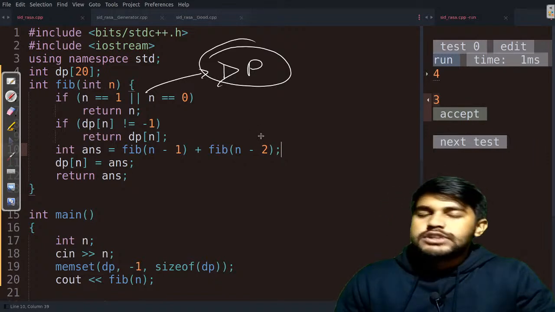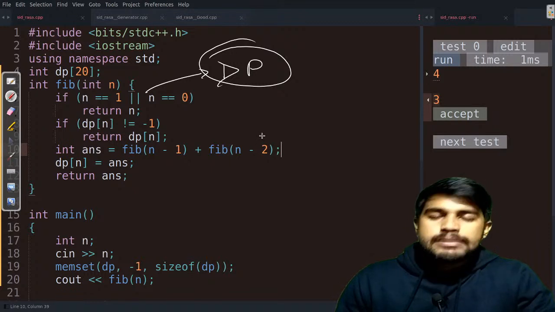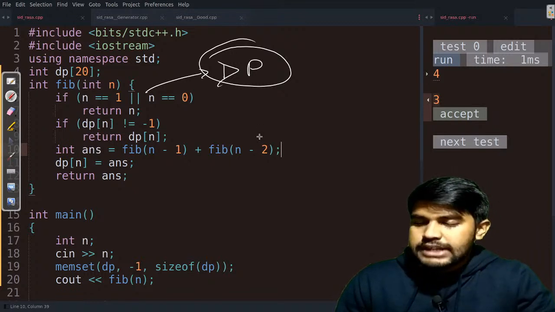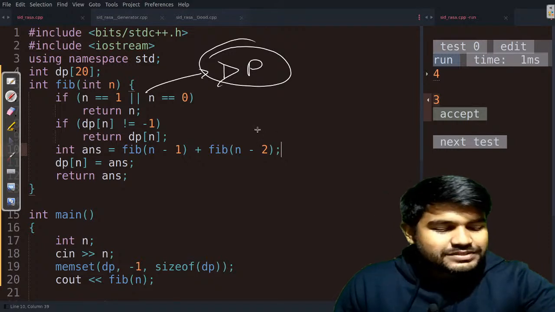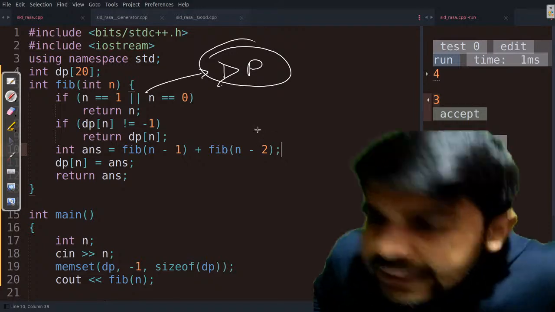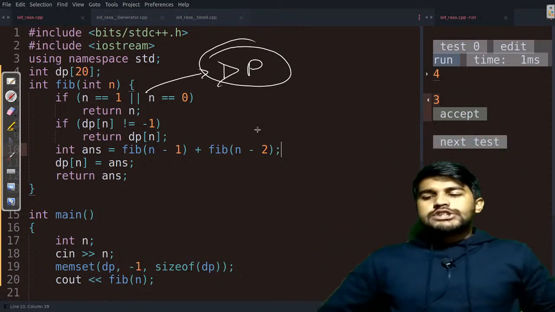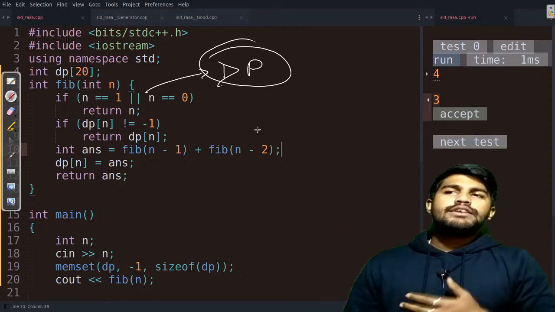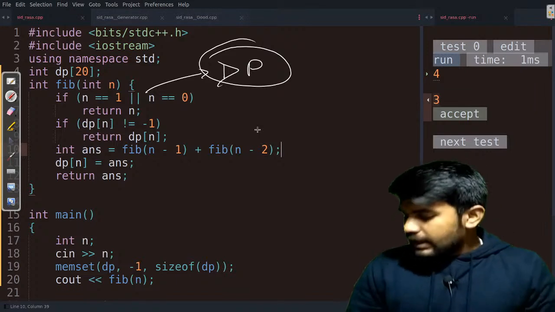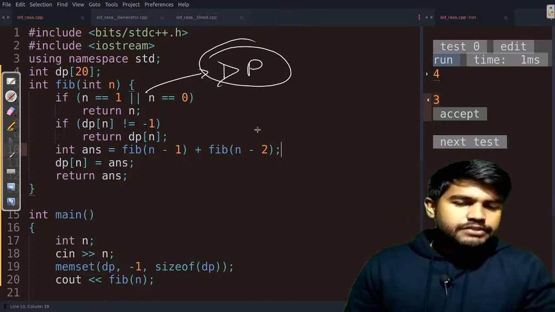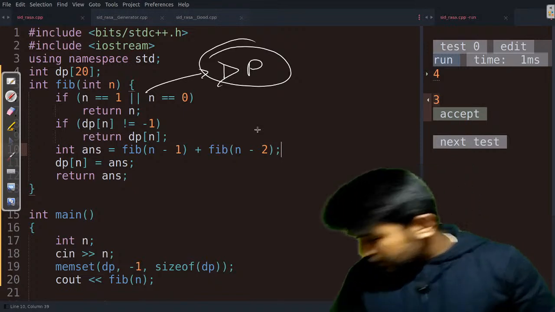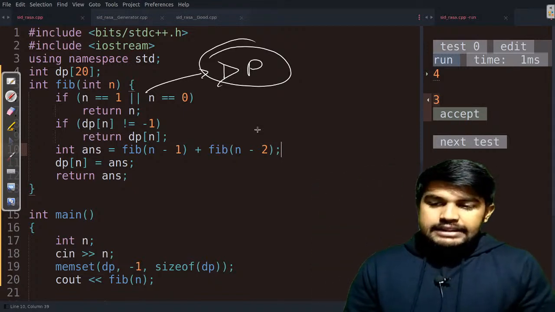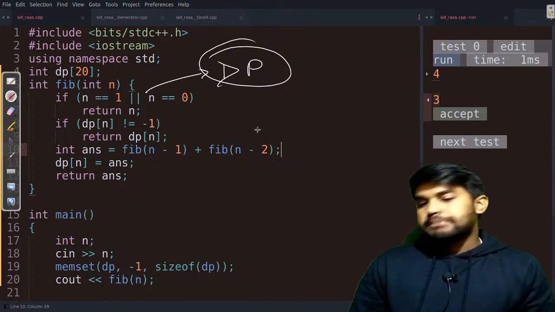So DP always says that you need to remember your past, learn from your mistakes, and then you need to move on. Now tell me if till this point this is correct or not. So we initiated with a small Fibonacci problem, and I told you to give the recursive version of it. Then we wrote the recursive version of it, and then we tried to write the DP formula of it.